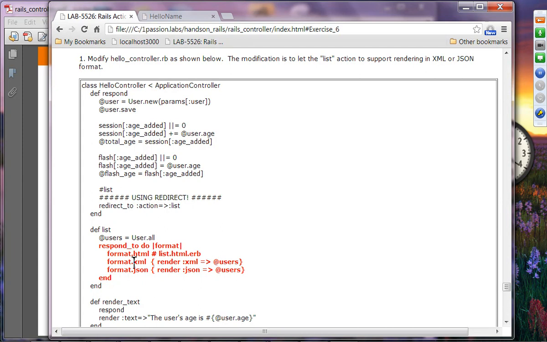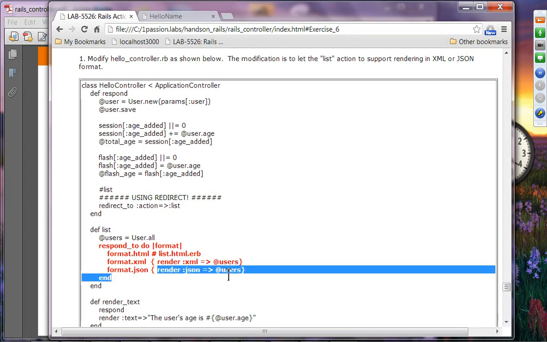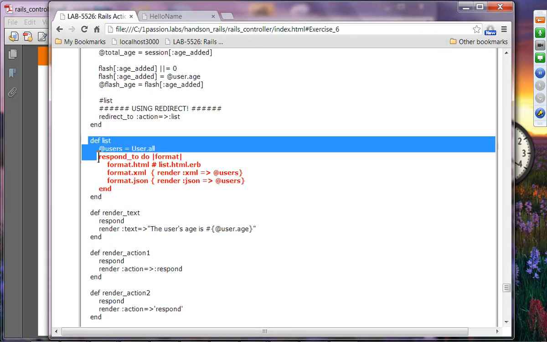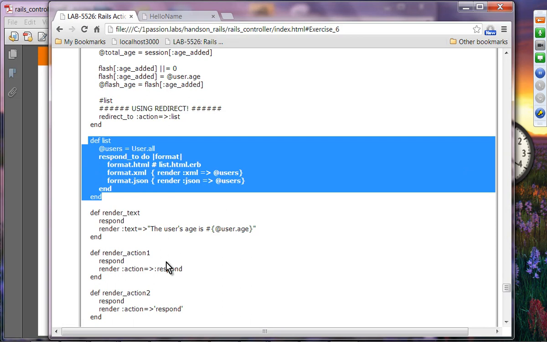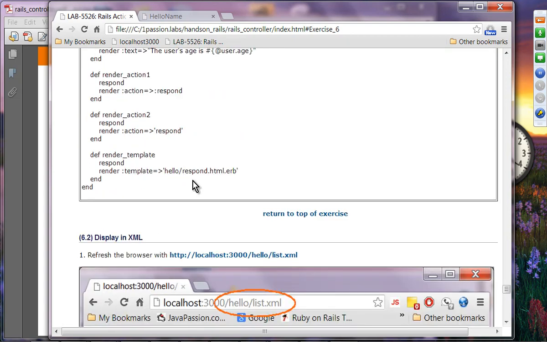If it is XML, meaning the XML has been requested, then we are going to generate an XML from users. And if it is JSON that has been requested, then we are going to generate the JSON. So very simple. We're just going to change list. You can change others as well, but we're just going to change list with the respond_to,